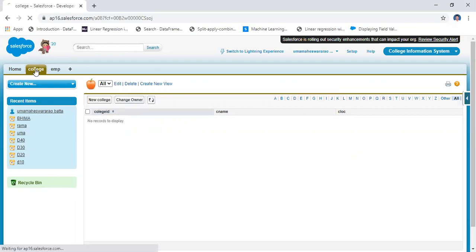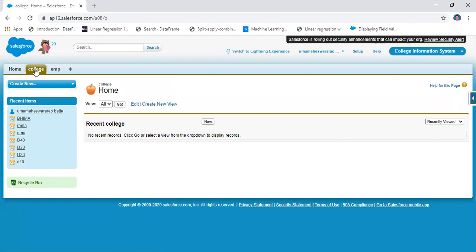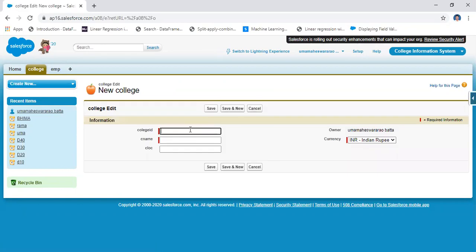If you come to the college here, this particular college, I want to add data. How can you add the data here? Come to the college. In the college, there is a new button. Click on new button. College ID here. What is the college ID? For example, our college ID, I don't know about the SVEC, 2020, let us assume the college ID, or otherwise you may take the ID equal to first college 1. The college name here is SVEC, and then college location is Tirupati, and then save it.